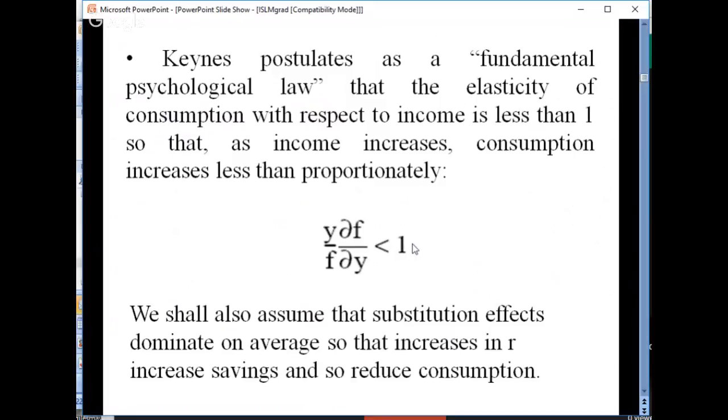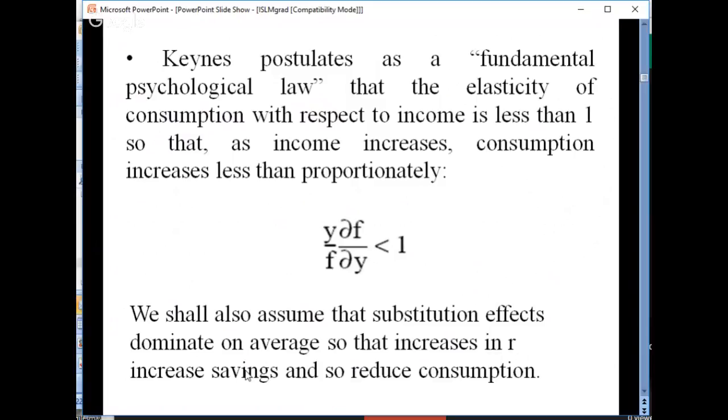What that means is all the income you earn, if you earn $100, you're going to spend less than $100. In other words, you're either going to save some, or you're going to spend all your money. In this case, we're going to assume there is some savings. So therefore, the marginal propensity to consume, the amount that you consume out of your income, is less than 1. We shall also assume that the substitution effect dominates on average, so that